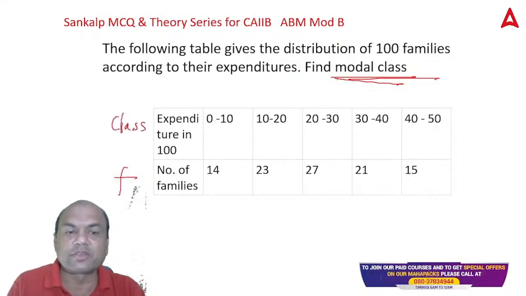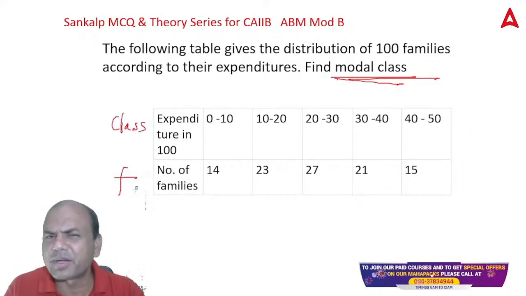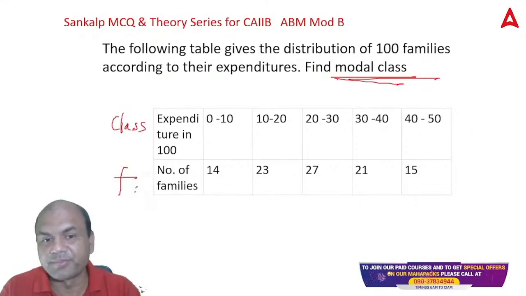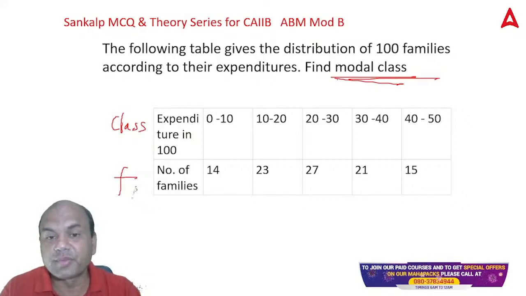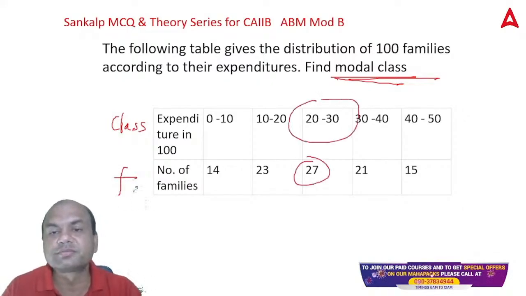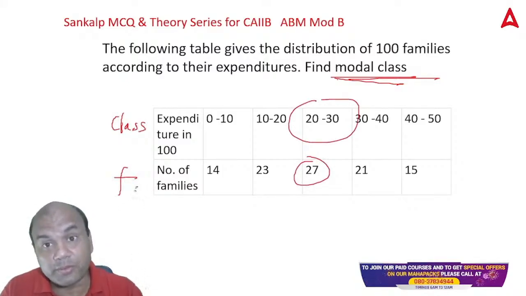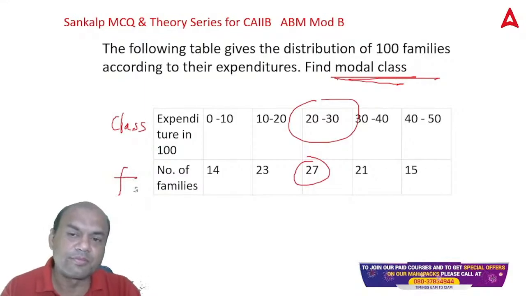Because for this class you have a class mark. That's a separate part. We'll do this someday else. So which is the modal class over here? Highest frequency, 27. So which is the modal class? This. Now if you want to find the mode of this, there is a separate formula. That's a big formula.